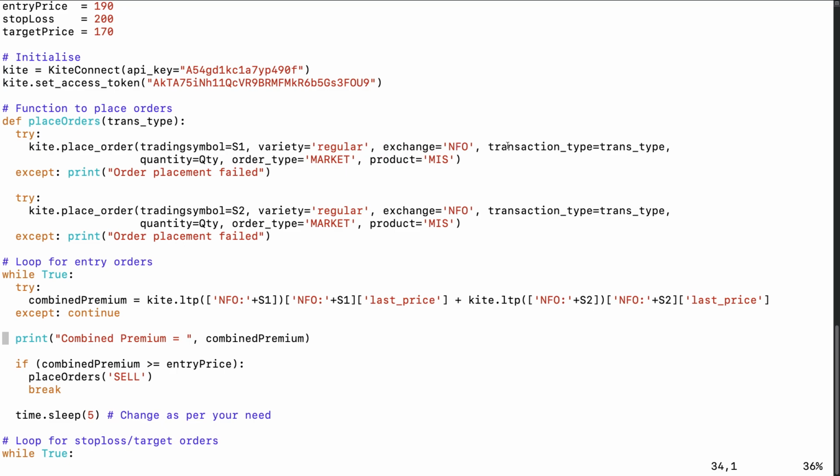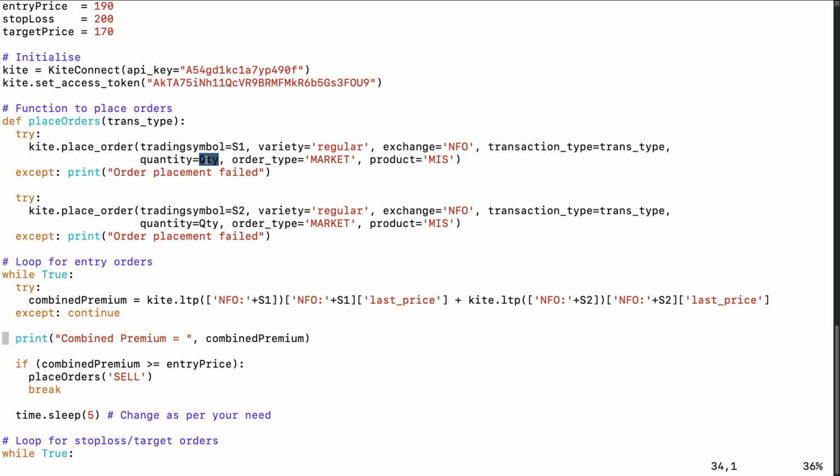Transaction type, again I am taking this value whatever has been passed from the function. Because I want to sell them, this actually gets replaced with sell. Quantity, again it will take the quantity whatever we have mentioned upstairs.